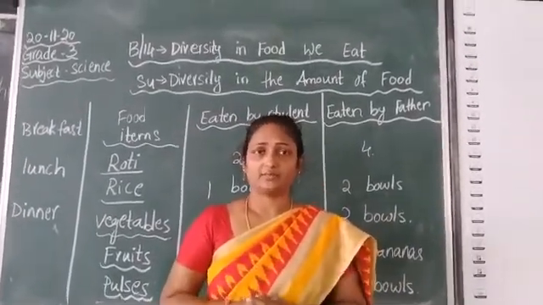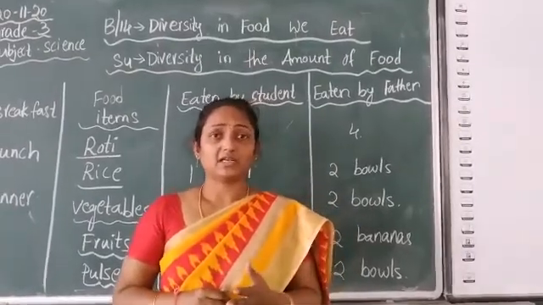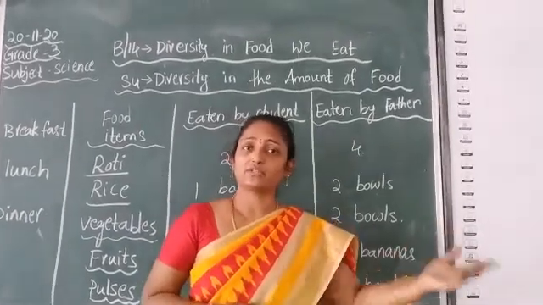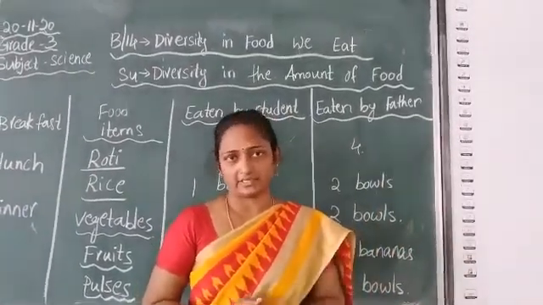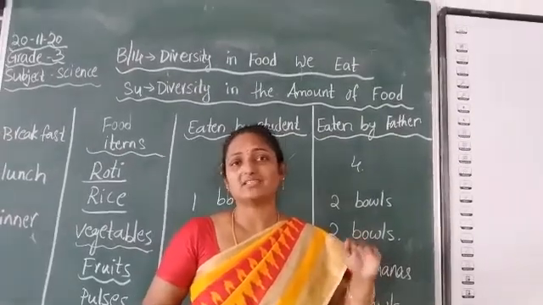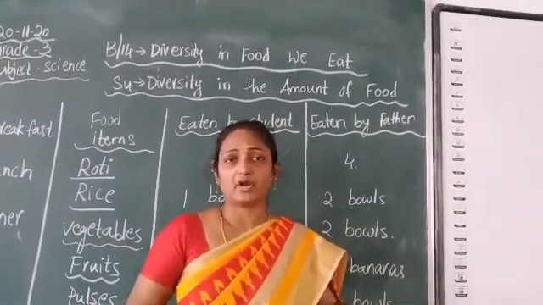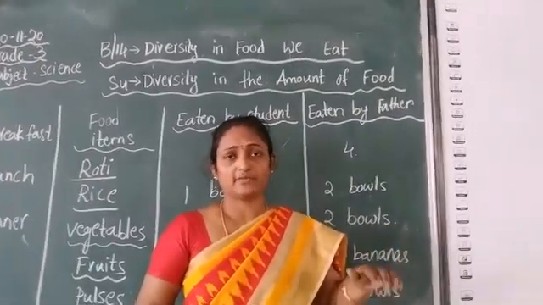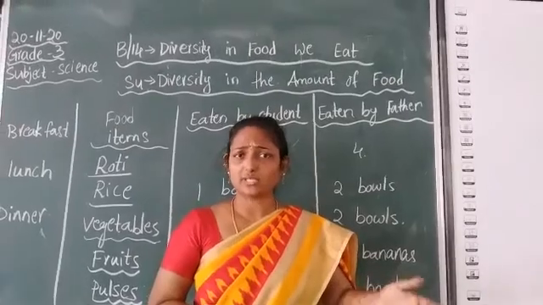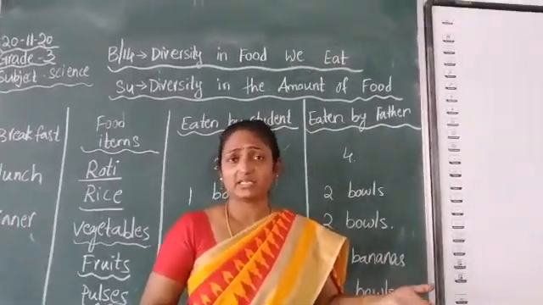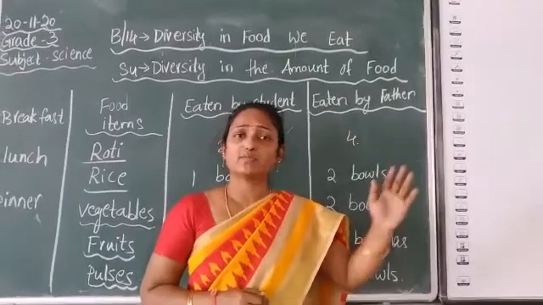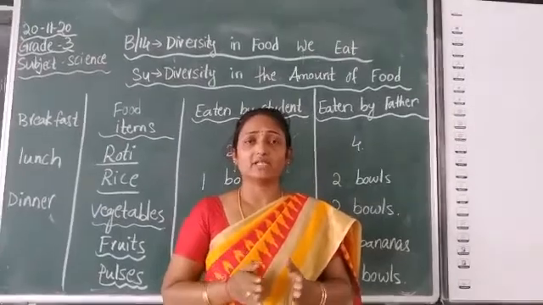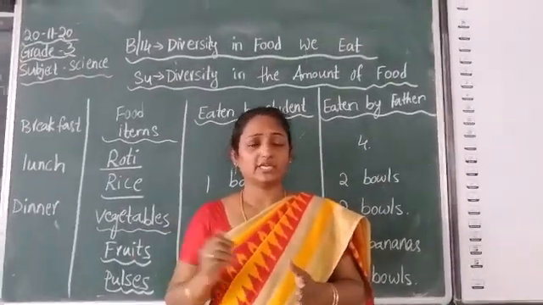So why is she serving like this? Because the child, according to his age, requires less food compared to the father, who does more physical activity. And also, the child has a smaller body, which requires nutrients for the small body to do some activities. Whereas the father has a larger body, he requires more energy and more nutrients. So on that basis, we will serve according to their age levels.